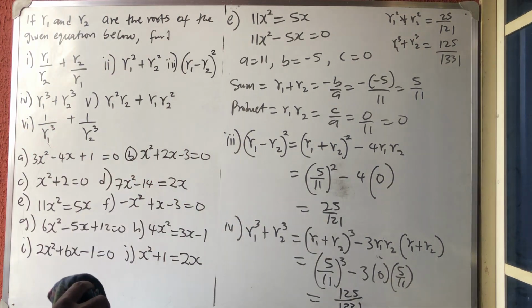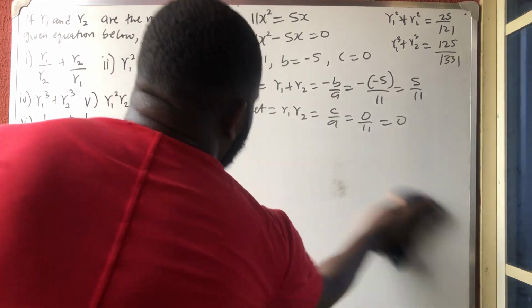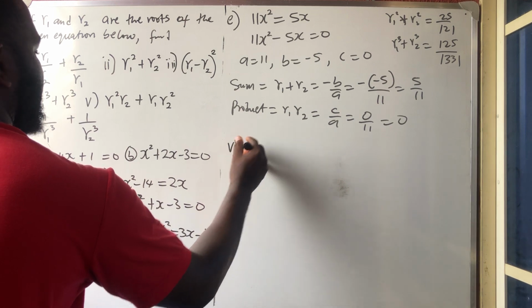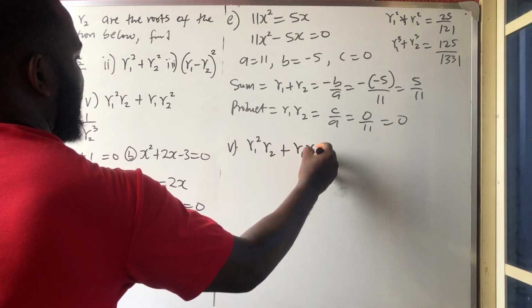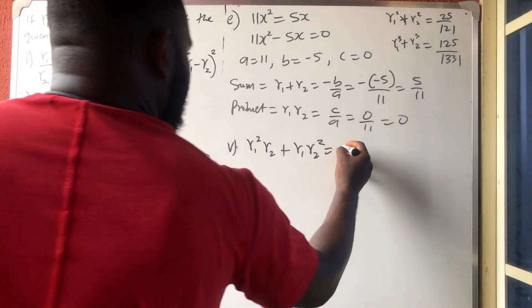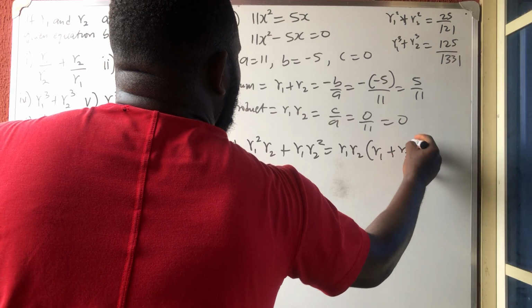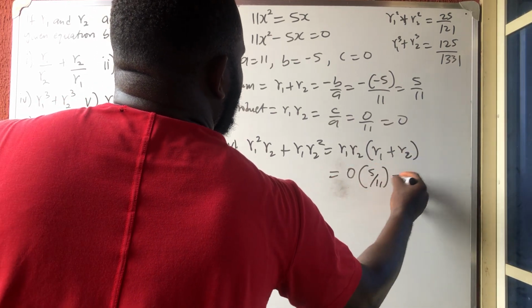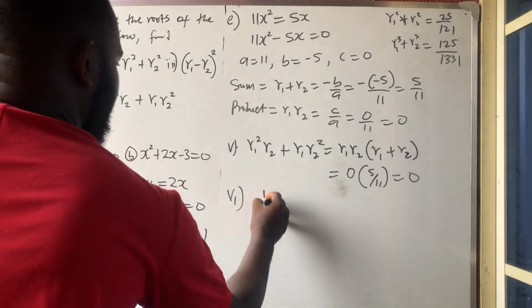So v. So let's go to v. So to solve my v, it said r1 squared r2 plus r1 r2 squared, which the formula said r1 r2 in bracket of r1 plus r2, which is 0 bracket 5 over 11, which is 0. That's all. So vi said 1 over